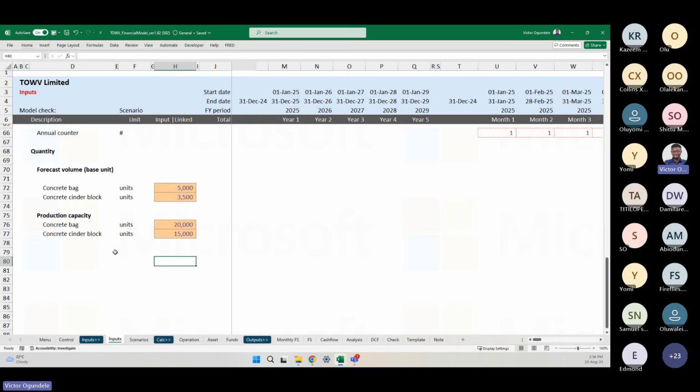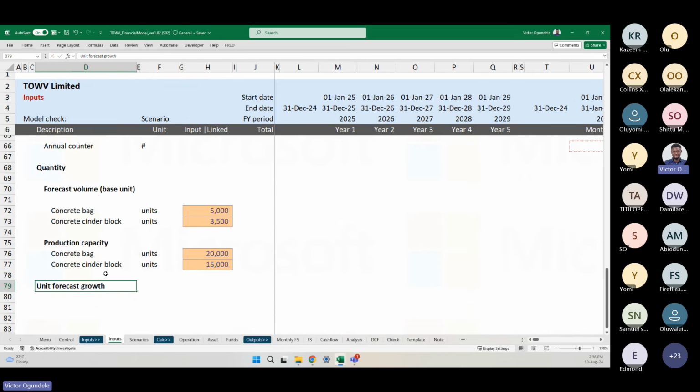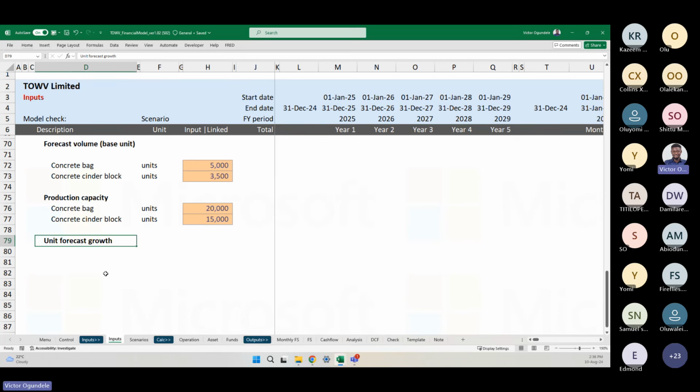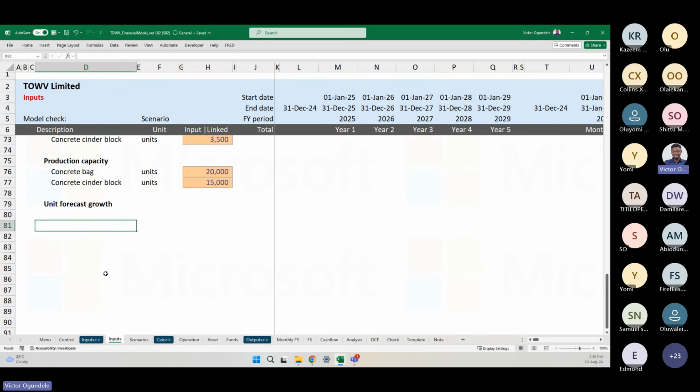As I said, it's an operational model. You expect to present it to them and make changes here and there, so that's the same thing we are going to do. Now, let's call this our unit forecast growth. And what we are going to do is create more like a table,